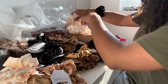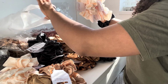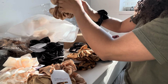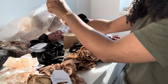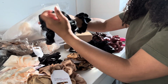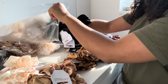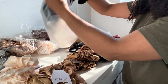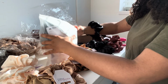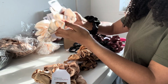So as for the XLs, it is what it is. I know where I stand with that, so I'll put these away all in one bag because they were nice and organised when I went to the pop-up, and then by the time you're leaving to go home, sometimes it just gets a bit like, okay, put it in the bag, we've got to go. You've been there for so long, and I did have a helper put these away for me last time, so they got put in different bags. At least I can have all of the XS scrunchies in one. As for these, 1, 2, 3, 4,